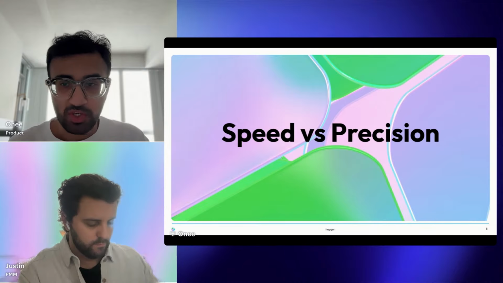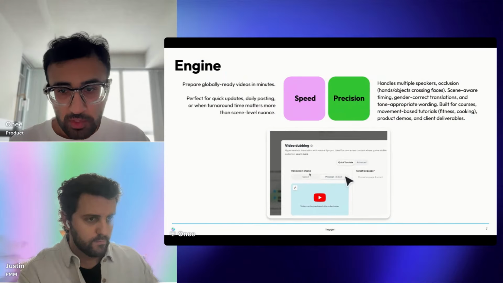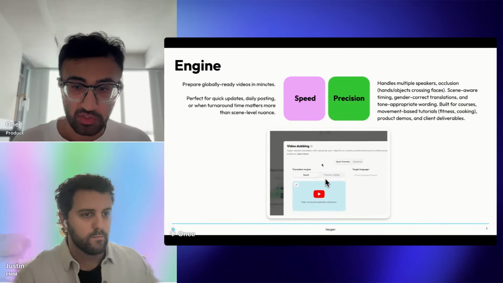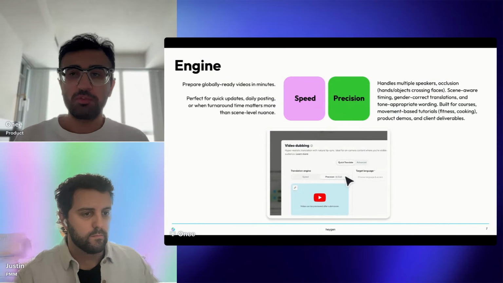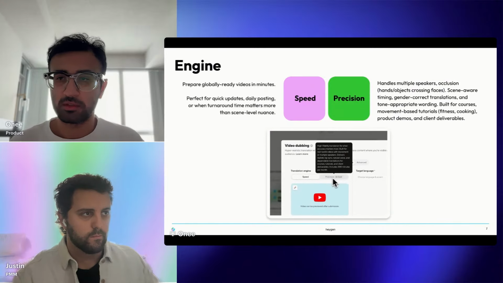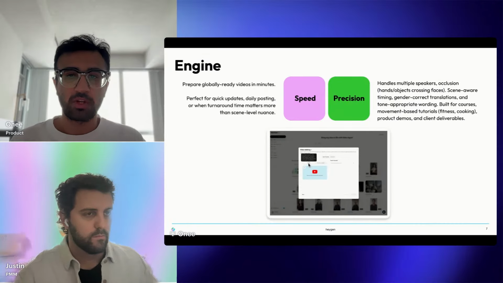Speed versus precision. If you open our video dubbing model, you would see translation engine and precision engine. What is a speed engine? This speed engine is perfect for quick updates, daily posting, or when turnaround time matters more than scene level nuance. And what I mean by this is